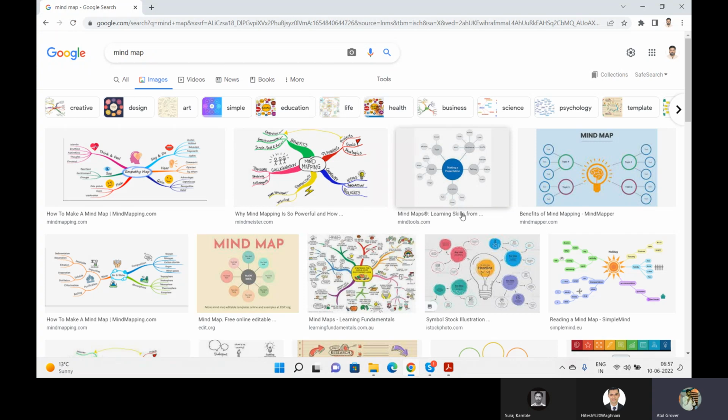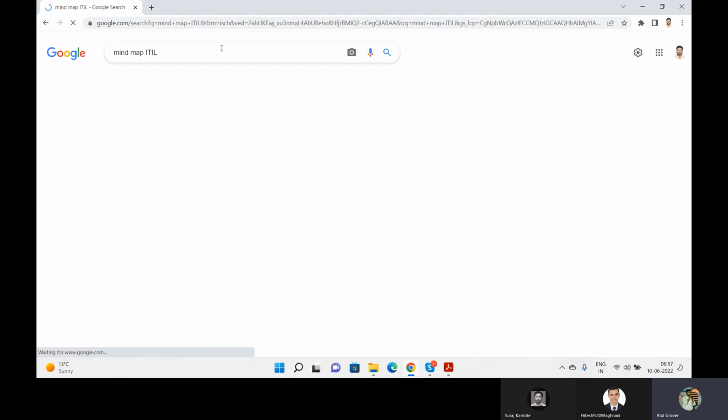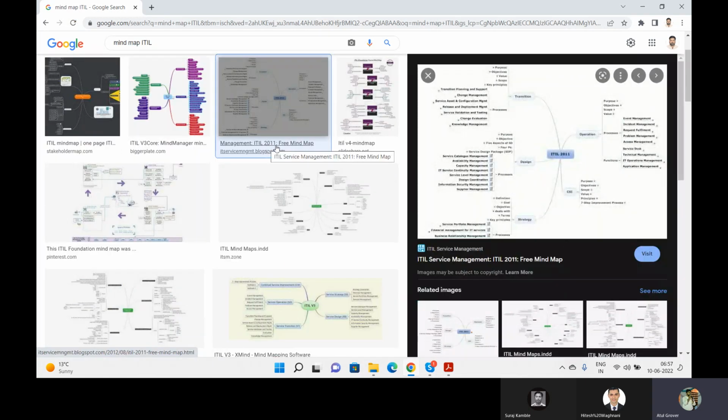This is called the mind map. अब बोलोगे अतुल क्या है ये, इतना कंफ्यूजिंग है. Let me show you something. Mind map ITIL. Now if I open this,